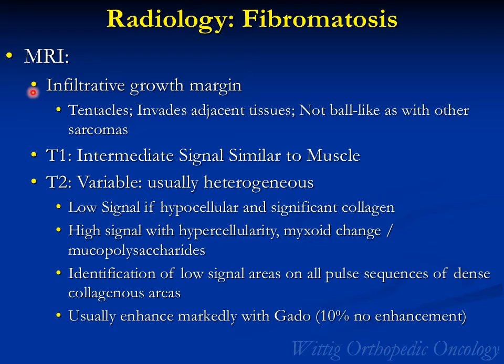MRI demonstrates a mass with an infiltrative growth margin. You have these tentacles that stick out from the mass that invade adjacent tissues. It does not grow like a ball like a sarcoma. Sarcomas grow very ball-like. On the T1 weighted image, you usually have an intermediate signal intensity similar to muscle, and